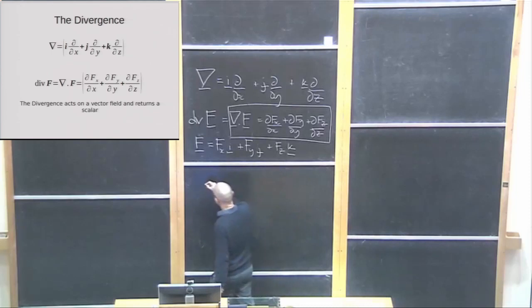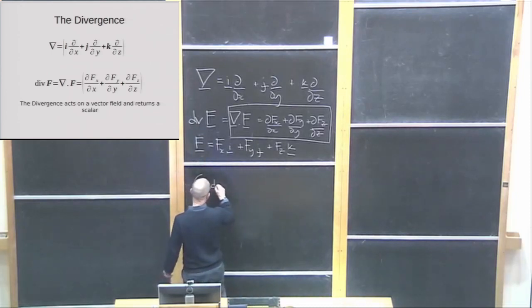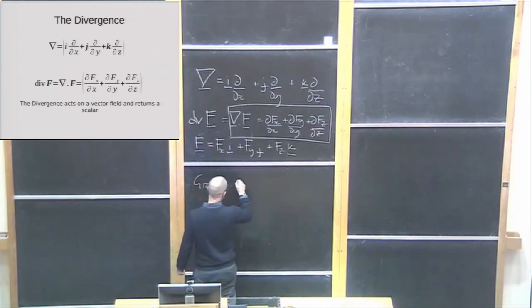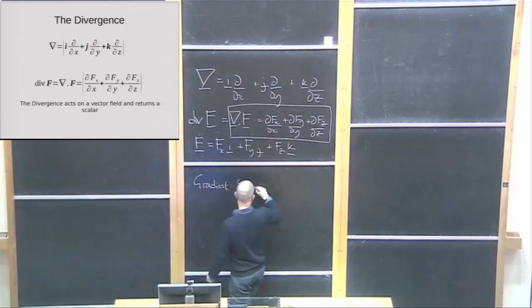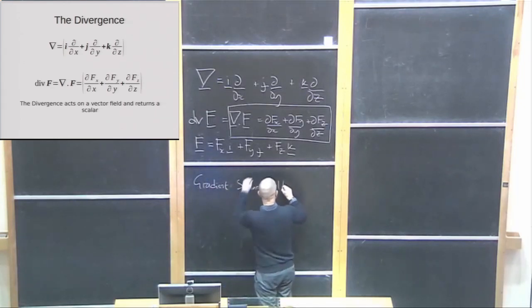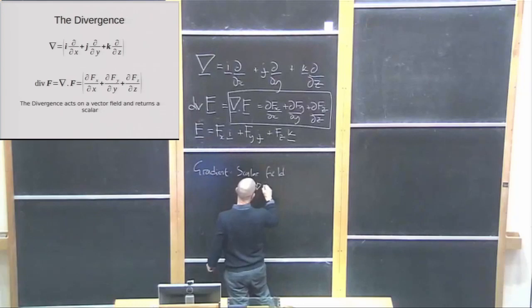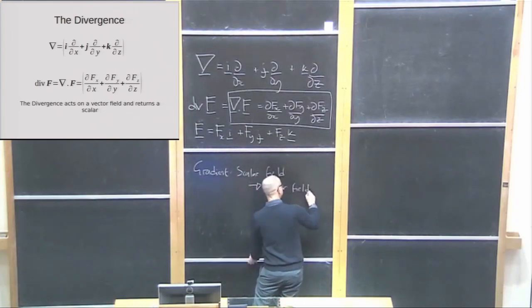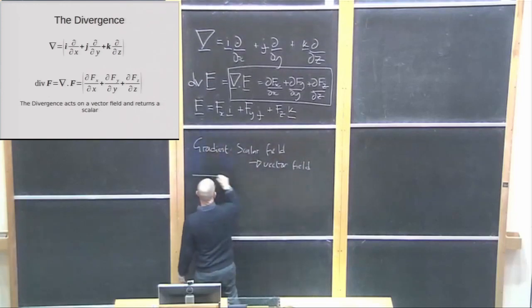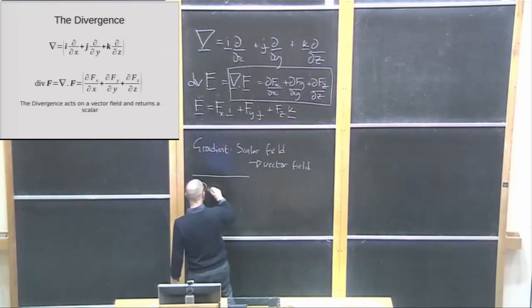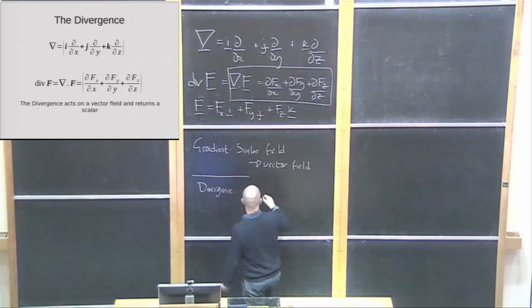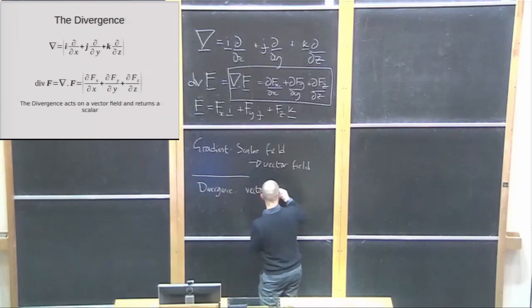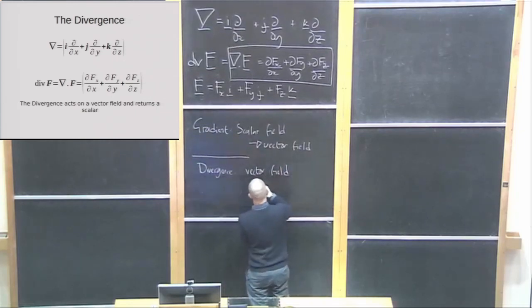So the divergence, you'll recall that the gradient takes a scalar field and returns a vector field. The divergence does the opposite. The divergence takes a vector field and returns